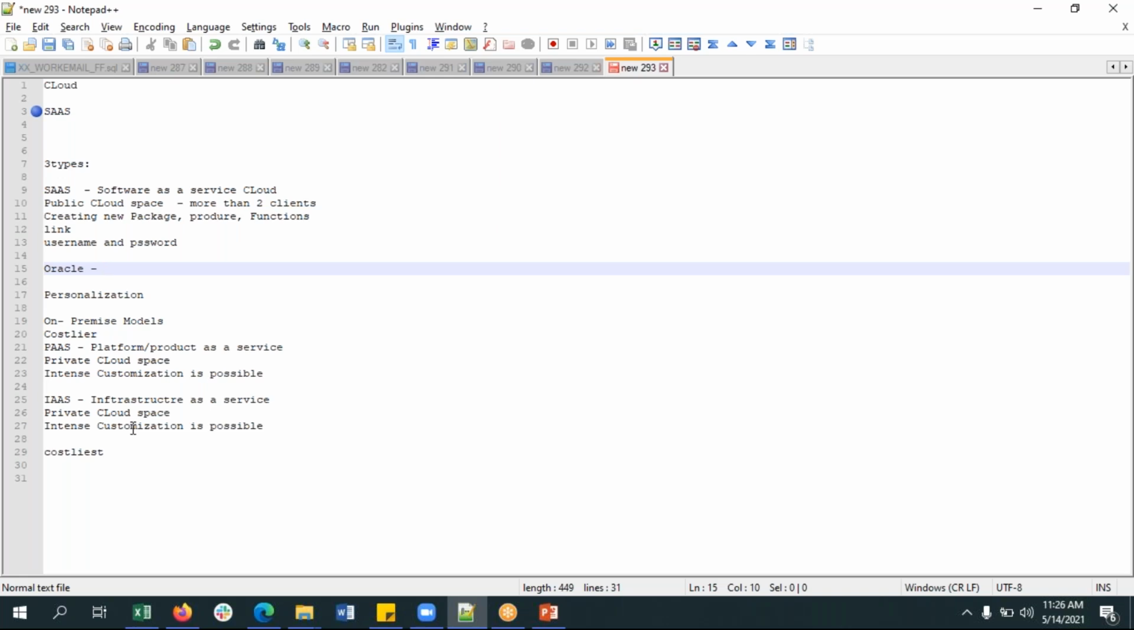Patching in the PaaS model and in the IaaS model has to be taken care of by the client itself, since they will be having access to the database. But in the SaaS model, everything will be taken care of by Oracle itself. For that reason, almost